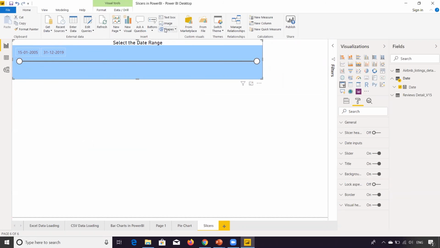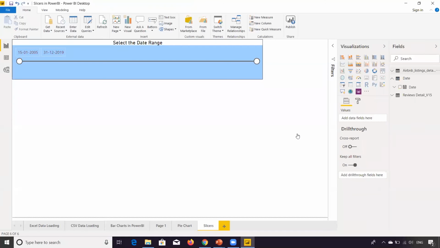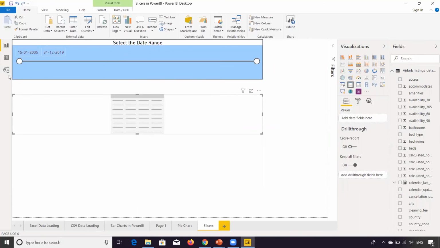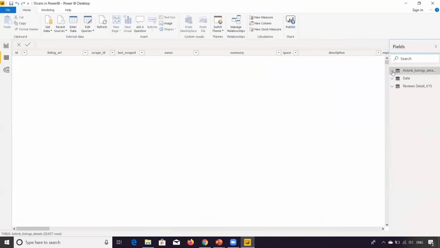Now you can create slicers for other things as well, right? Like for categorical variables. Okay, you can create a slicer as well. So let's see how a slicer looks for a categorical variable. For that, let's select a categorical variable here. Okay, let's say country code. No, this is also not categorical. Let's quickly look into this data set. Okay,